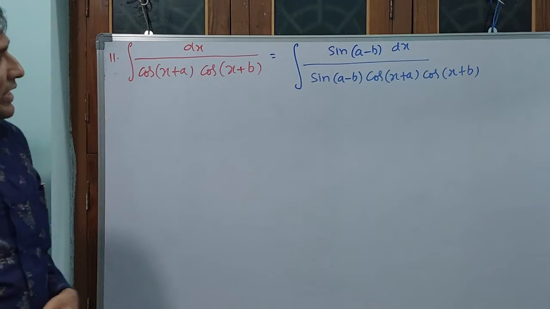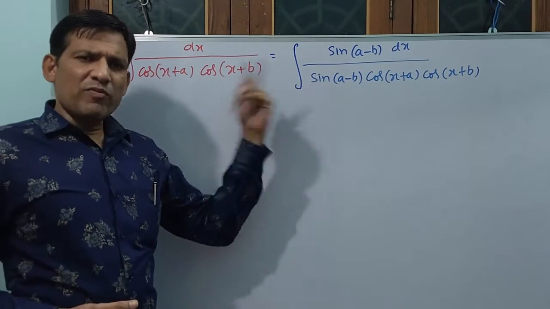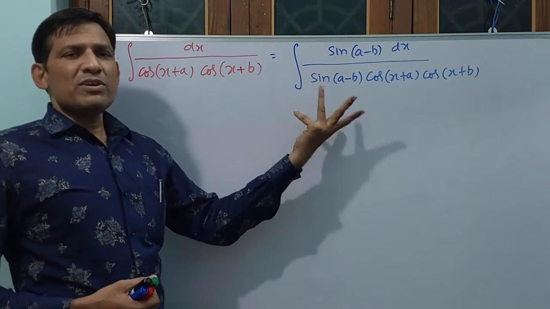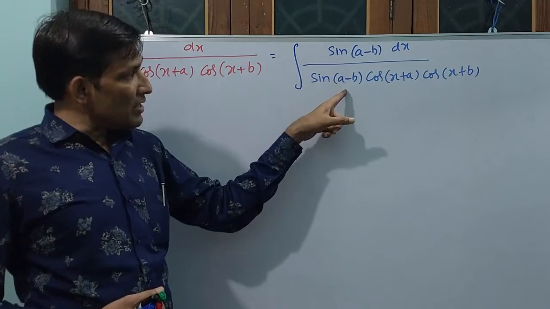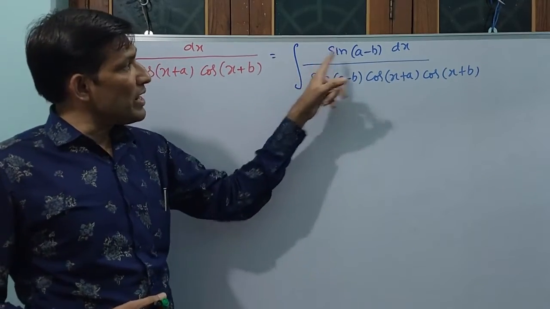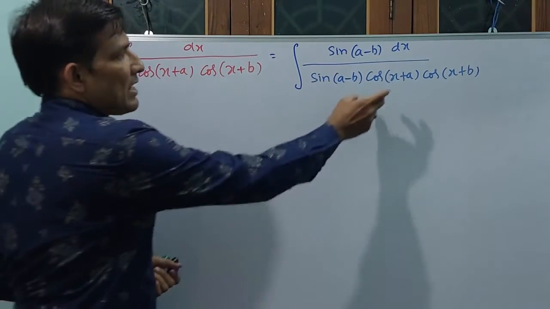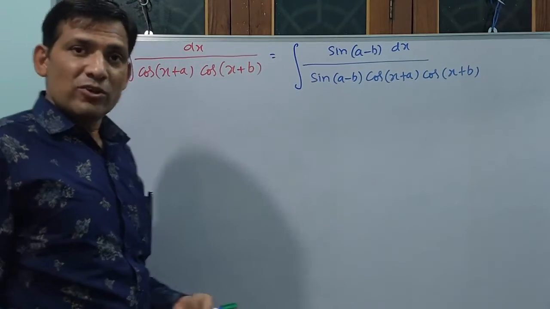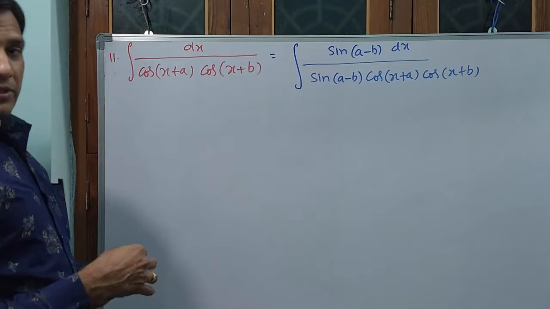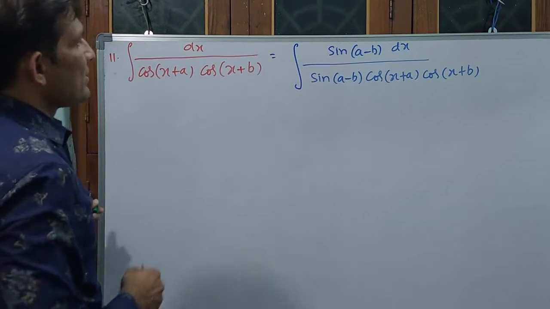But what I am going to take in the denominator: sin of a minus b means what? A minus b are constant. Sin of a minus b is also constant. Constant I will take out, but one constant, in the denominator only, I am taking out. Numerator I am changing again. Why? Because I want to use the formula sin a cos b minus cos a sin b. I want to cancel out with the denominator. You might have understood the concept of what I am going to do. Okay, see what I am doing.